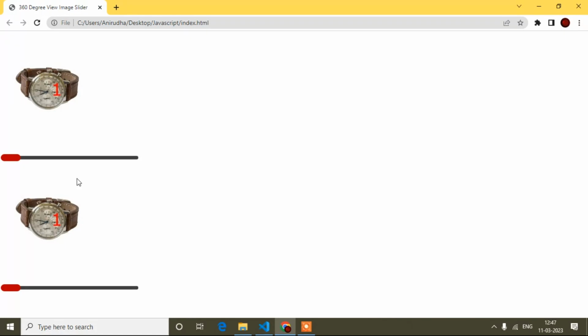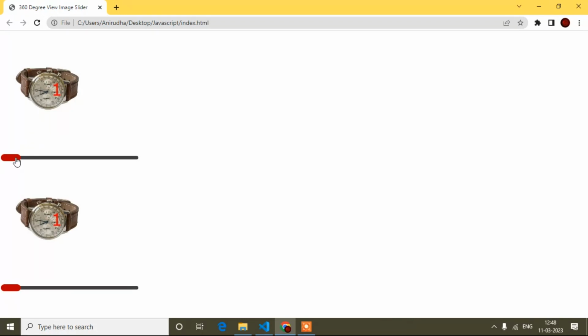Here you can see I have added this slider multiple times in the preview, just to show that you can use this slider multiple times on your page. I'm using a range slider here. Mainly we create this 360 view slider using range, but you can also create it using next and previous buttons or dragging. In this video I will show you using range because range is a little tough, but next and previous buttons or drag is a little easy. If you want, you can write in the comment section and I will make a separate video for that, but here I will show the preview using range.